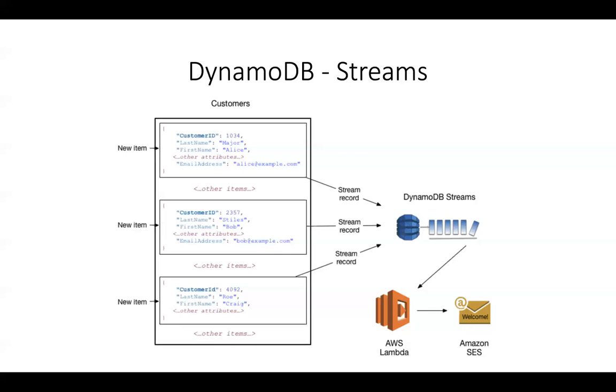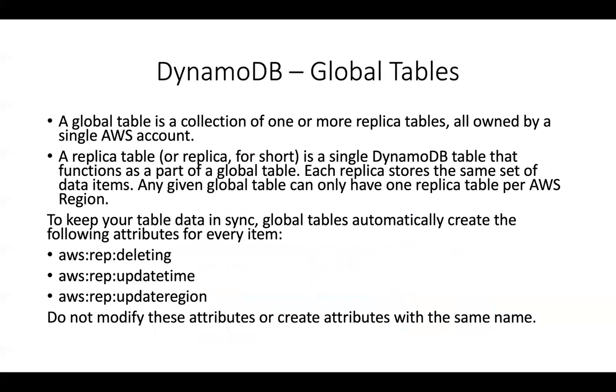So when something like that happens, what happens if I insert into Mumbai, will it be replicated to Northern Virginia also? That's the reason why DynamoDB is called a multi-master database, because however many copies of the database you may have, let's say people in the Mumbai office team are updating the Mumbai table, and then the Northern Virginia office people are updating the Northern Virginia table, automatically all of those are going to be in sync with each other because you enable streams with global tables. So that's how DynamoDB becomes a multi-master database wherein you can input your data into any one of your DynamoDB tables residing across all of the regions. And that's pretty cool, right? So that's where we come to global table.